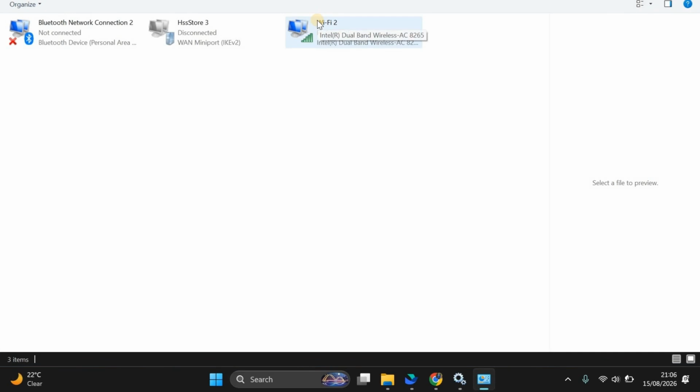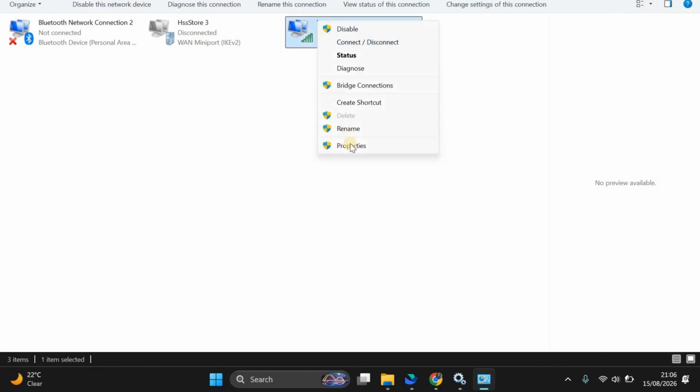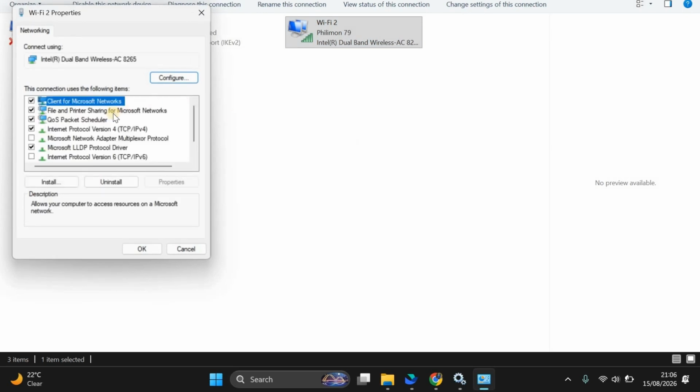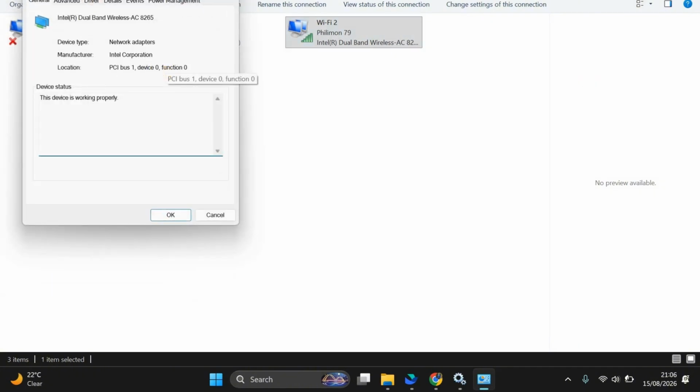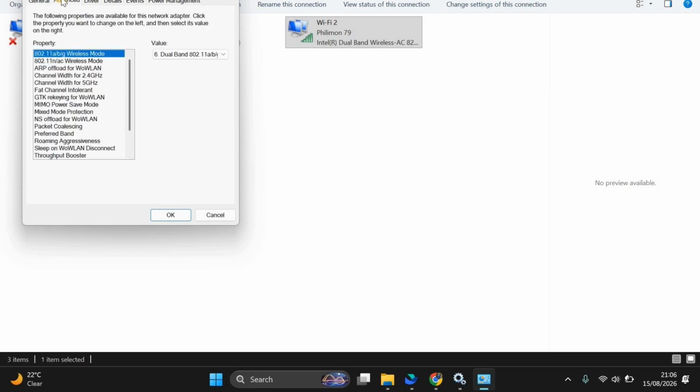After that, I'll just click on Wi-Fi. Right click, then click on properties. Now as you click on properties, you then scroll on over here and choose config. Now as you choose config, guys, you can come to the advanced section over here, then click on this first one, which is